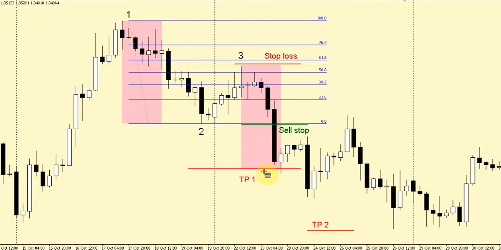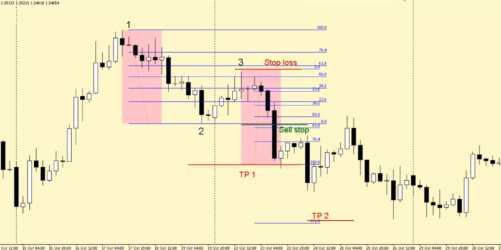We can fix another part of the trade at level 2 of the same extension, and for the third part of the trade, we can fix the rest of the trade at level 261.8. But still, when the first goal is reached, move the deal to break even,